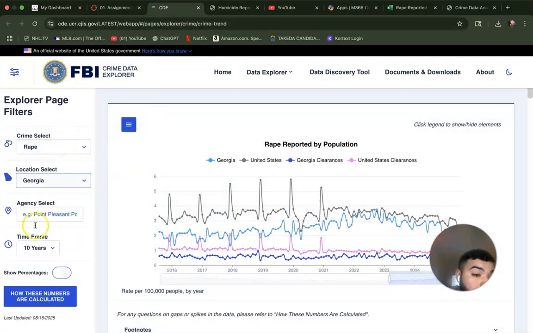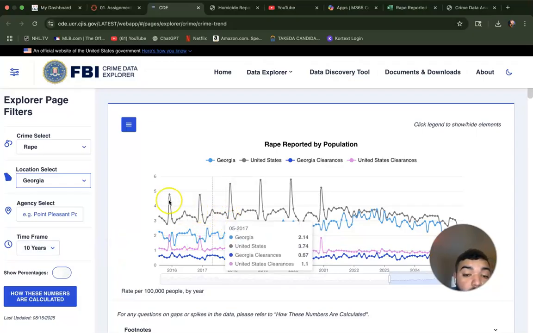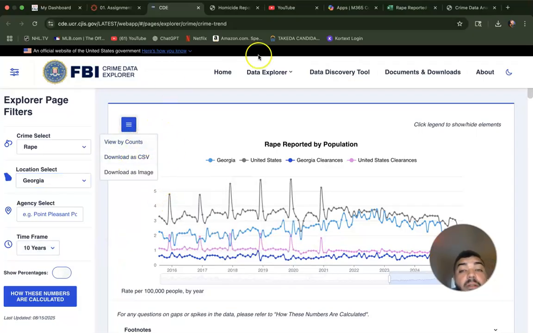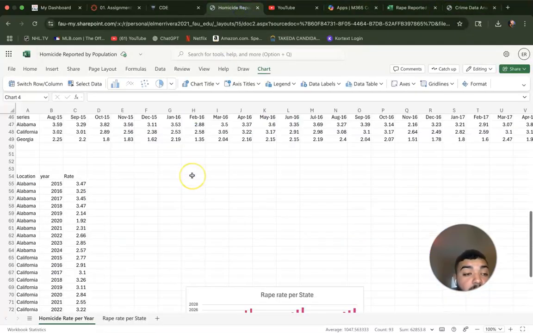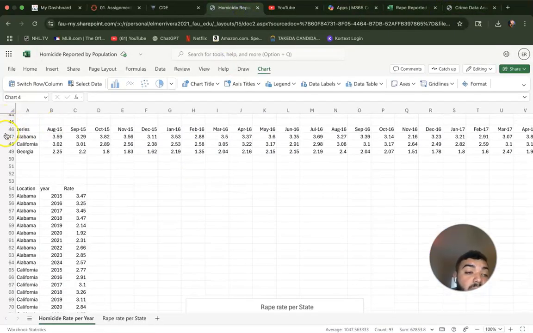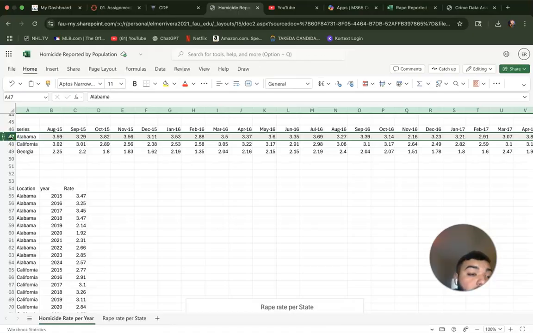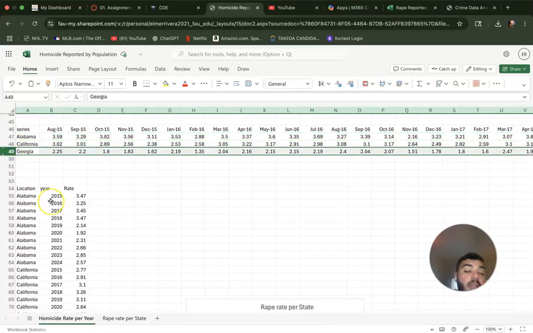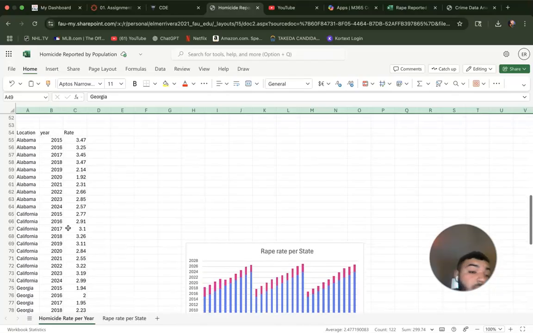Again, rape, Georgia, and then 10-year time frame as always. And then using all these data, it's pretty much similar process. So 10 years from August 15th to August 2025. And then I compiled all the different data from each state, Alabama, California, and Georgia, and basically repeated the same steps.